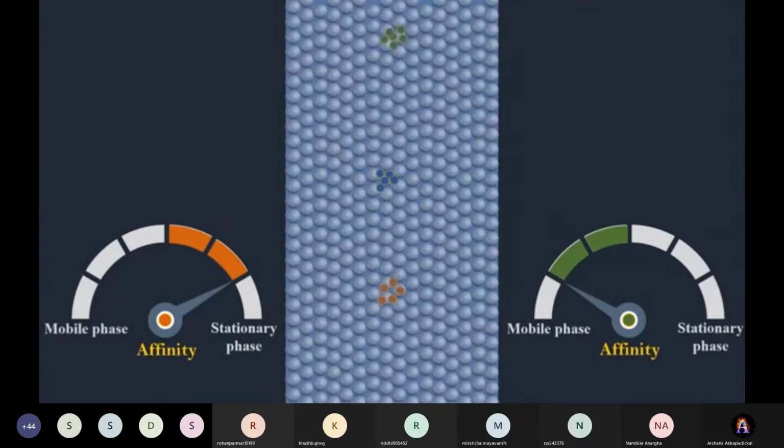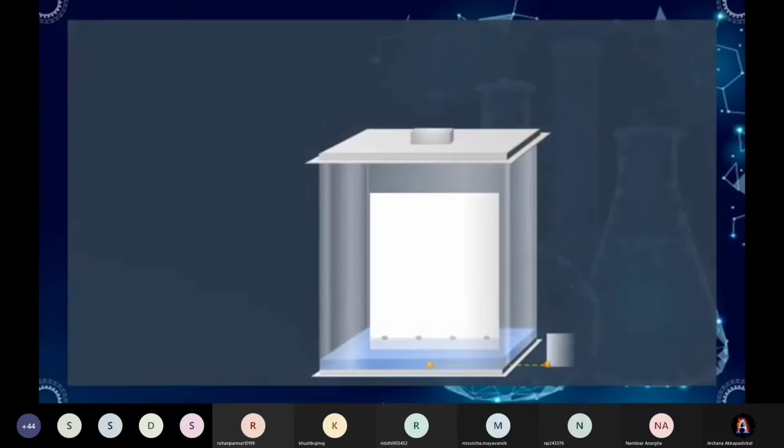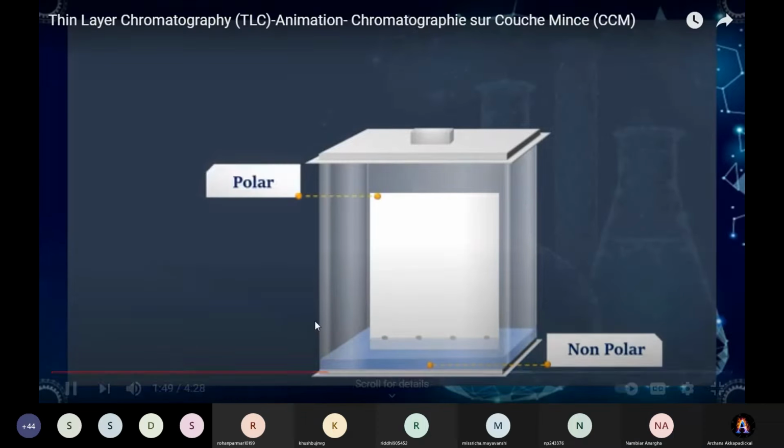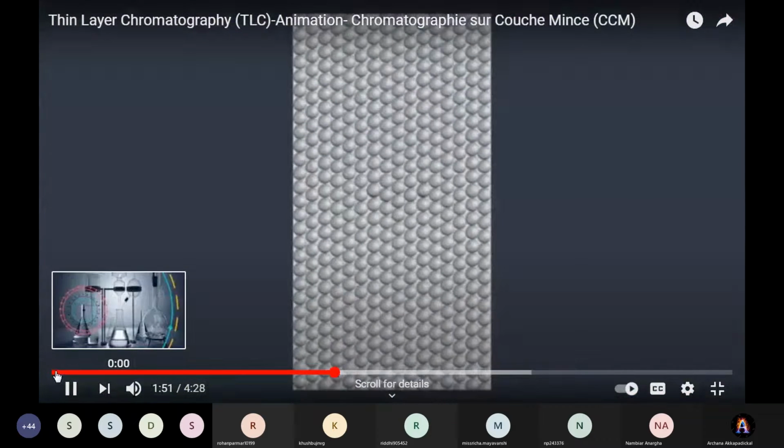This separation can be carried out according to the nature of the mobile phase, which is nonpolar, and the TLC plate type, which is generally a polar stationary phase. In this case, this